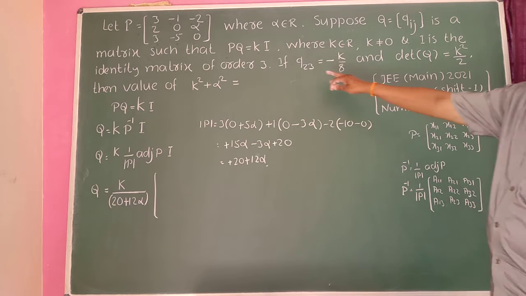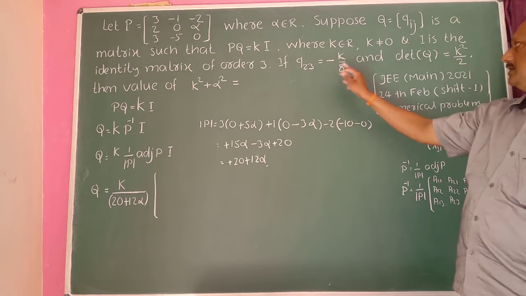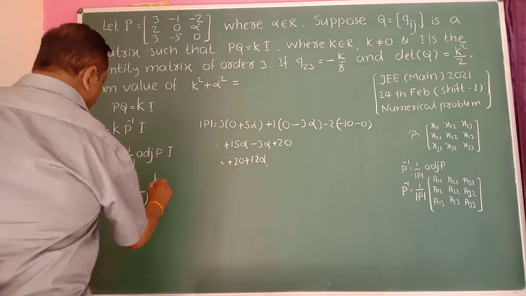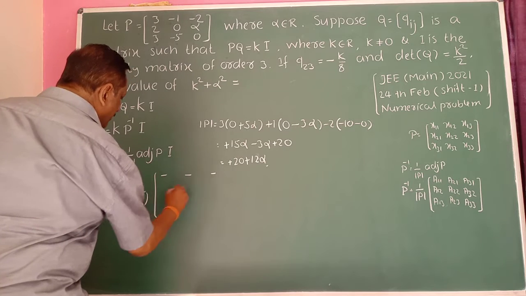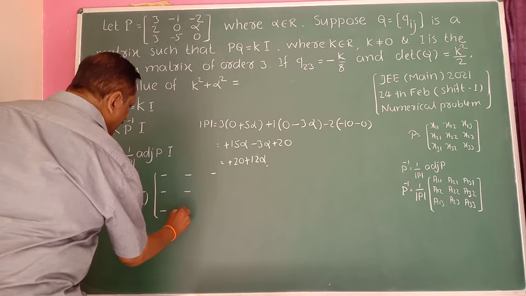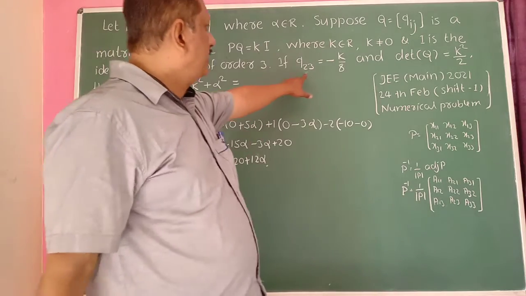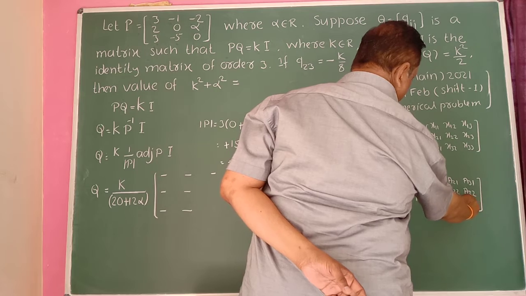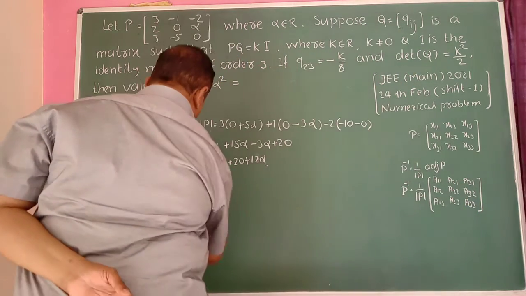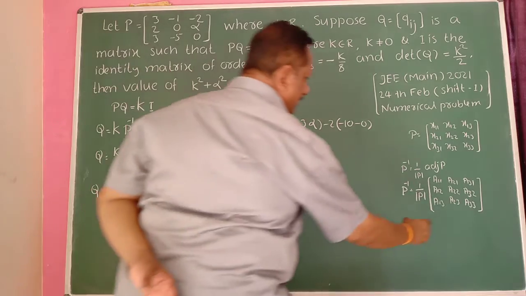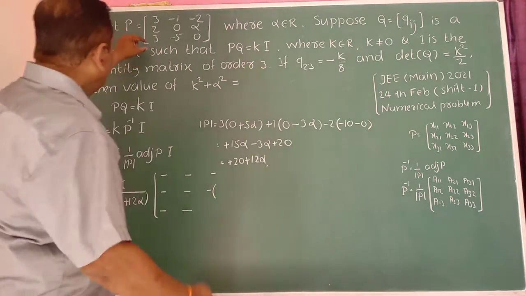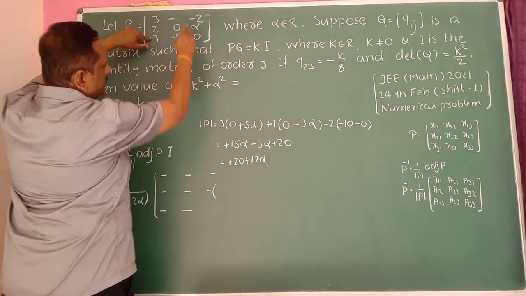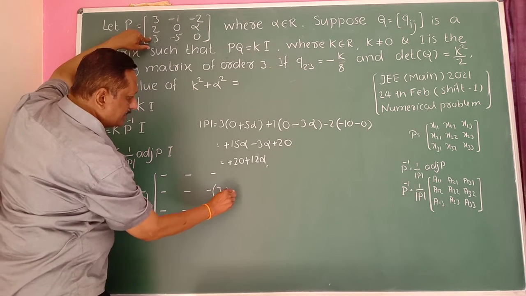So they have already given here that Q23 is minus K by 8. So find this value. Okay. Do not find the remaining values, so keep them as they are here. You find only this value because they have already given Q23 is minus K by 8 here. We want this here. Means 3 plus 2 becomes 5 here. 5 is an odd number. So write here minus of. Deleting the third row and second column here. 3 into alpha becomes 3 alpha. So write here 3 alpha minus alpha.